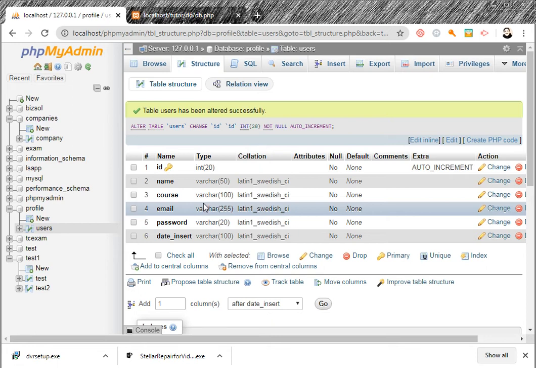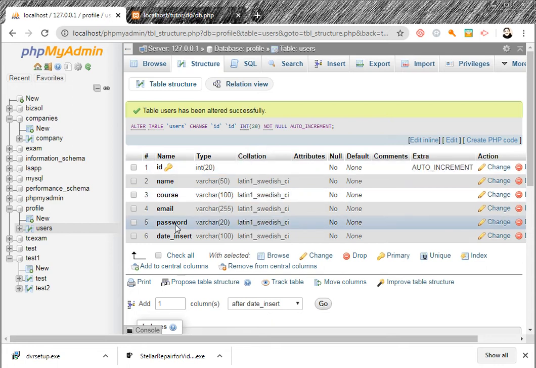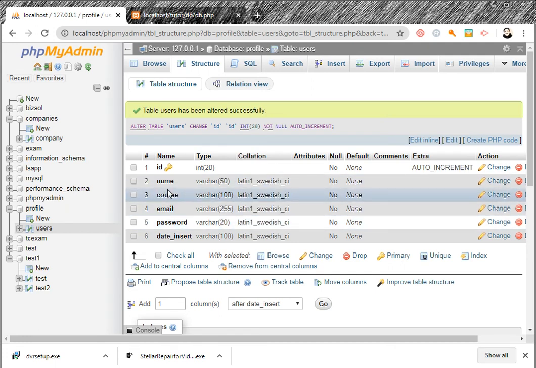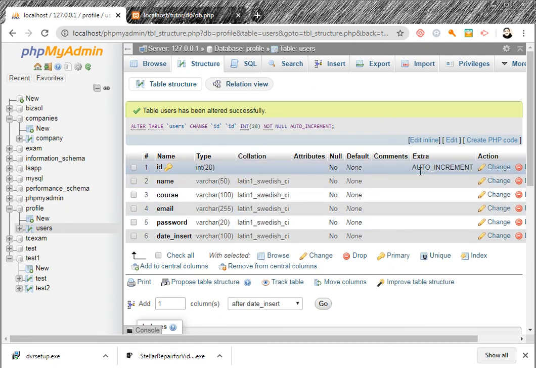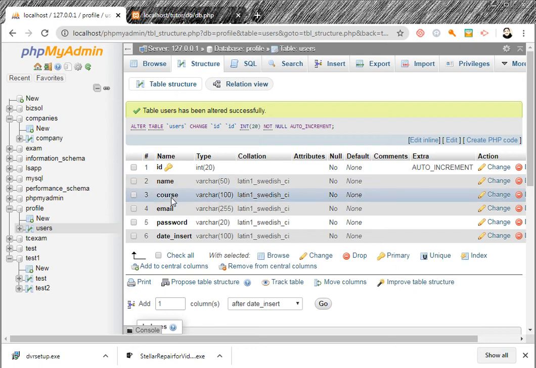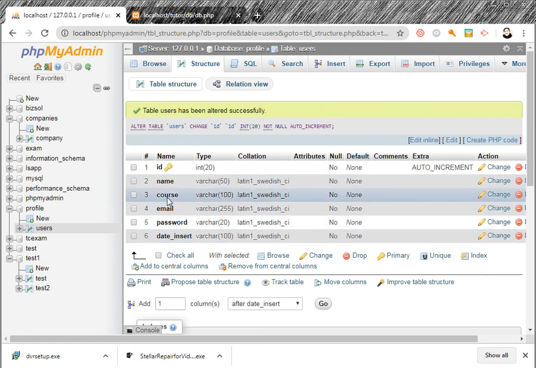What we want to learn is, first, how to make a table. Second, what the primary key should be, and whether it should be auto increment, 1, 2, 3, 4, or not. Then how to attach this table to the users class, the PHP class.